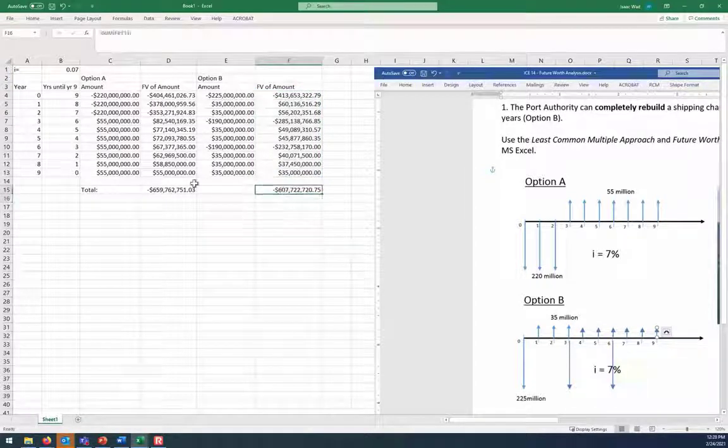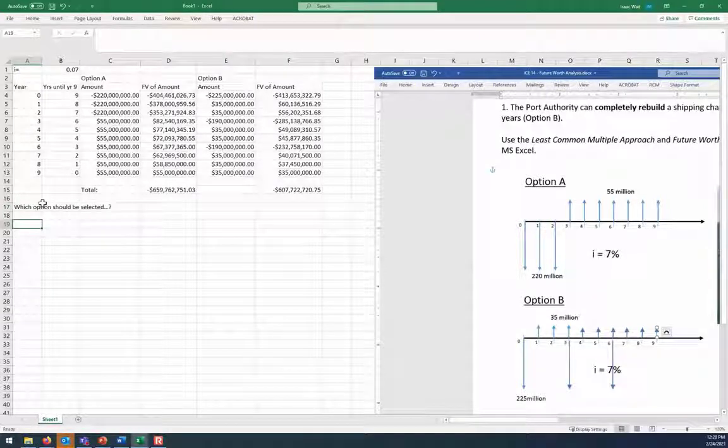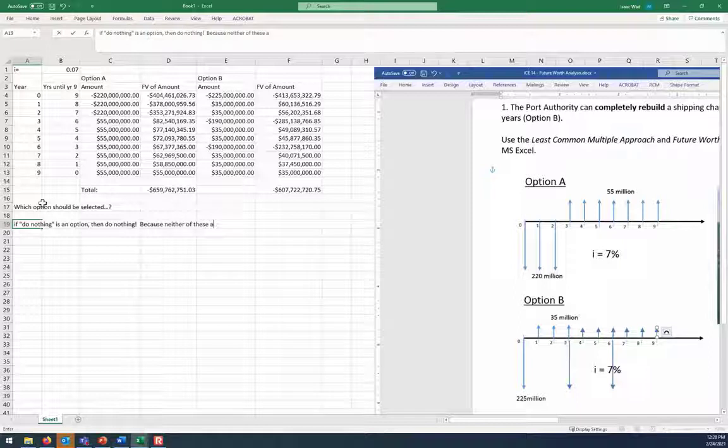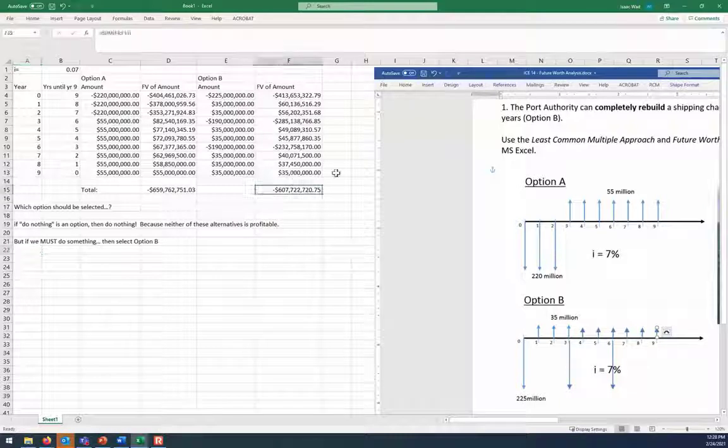Alright, now let's think about decision criteria. Which option should be selected? If do nothing is an option, then do nothing, because neither of these alternatives is profitable. But if we must do something, then select option B, because option B is the least negative of the two